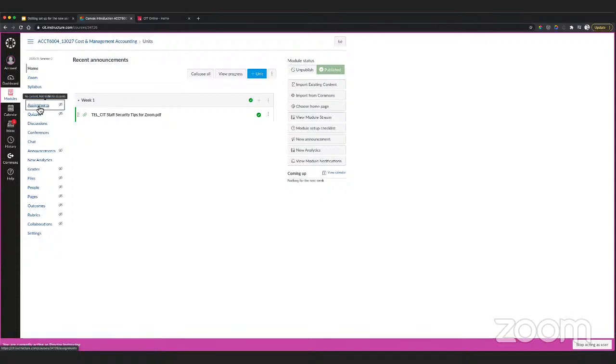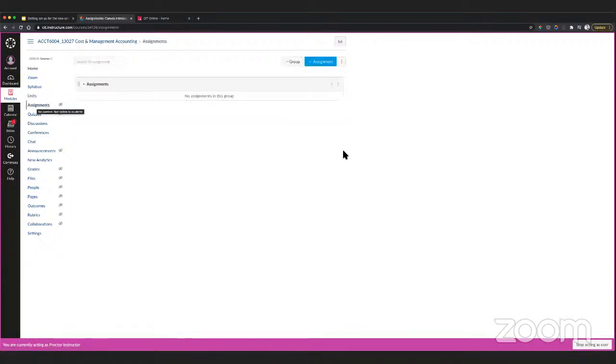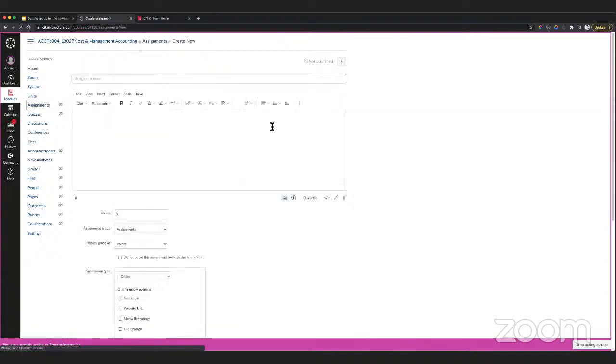But if you wanted to just set up briefly an assignment here, we could just look at setting up, let's say, just a basic file submission sort of an assignment. And the reason I want to do this is to show you how this will show up in the syllabus content. So if I go to, say, assignment 1,